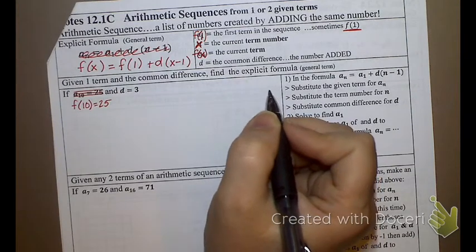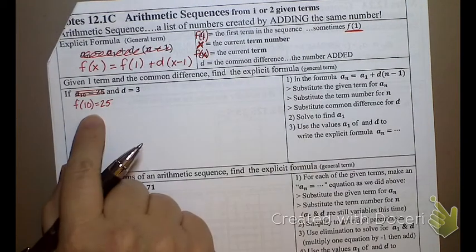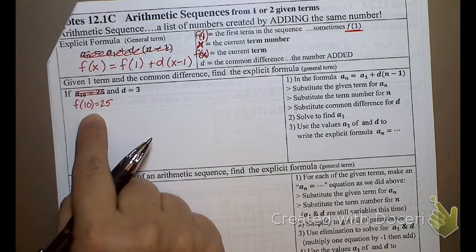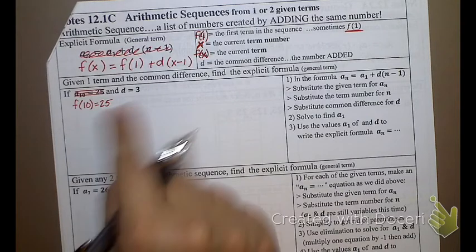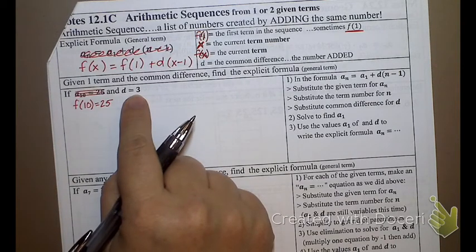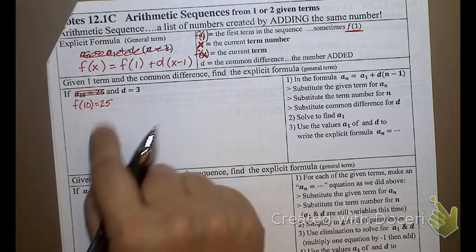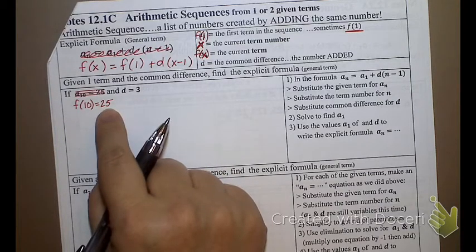We would see this. So what is this telling me right here? This is telling me that the 10th term is 25, okay? And the common difference is 3. So what's the 11th term? 28. The 12th term? 31, and so on and so forth, right? Now, I could count backwards by the 3s and get to the first term, but I don't really need to,